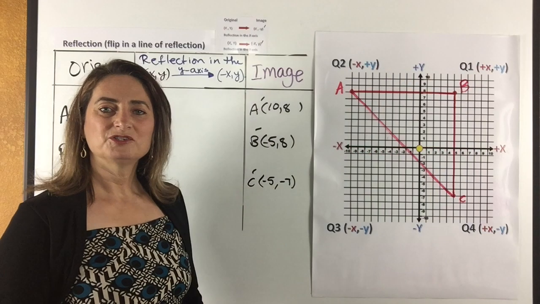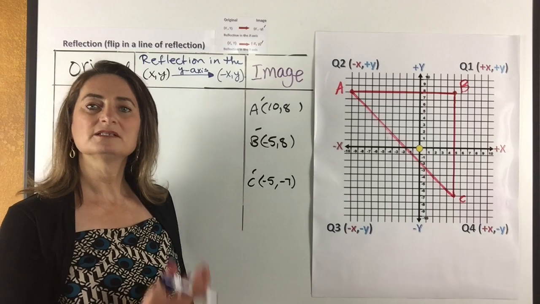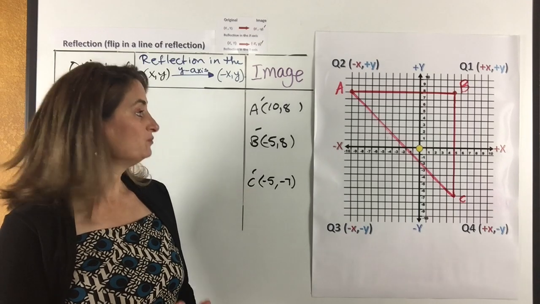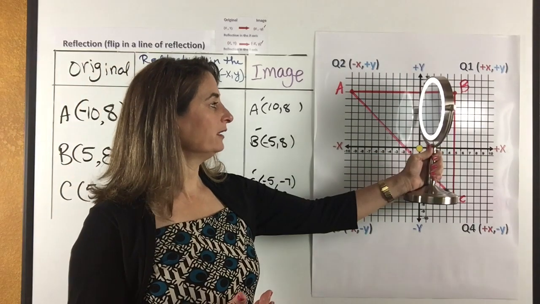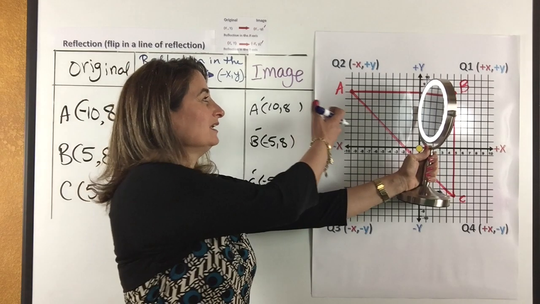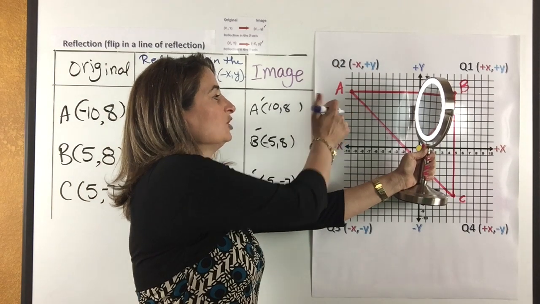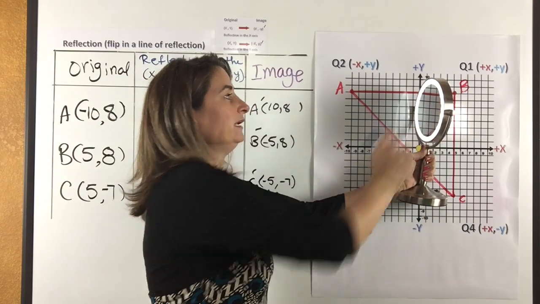Now we're going to reflect this triangle ABC in the y-axis. So the line of reflection is the y-axis, which means if you have a double-sided mirror and you put it on the y, the reflection would be the mirror image. So if A is in the second quadrant, you will see this through the mirror and it would land in